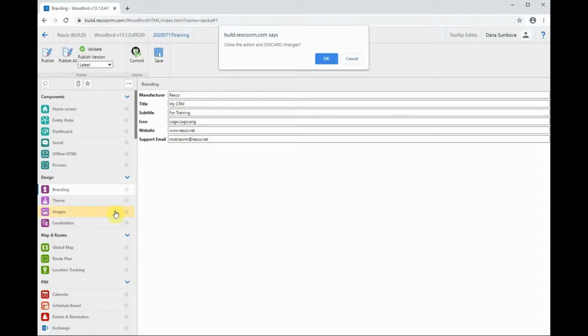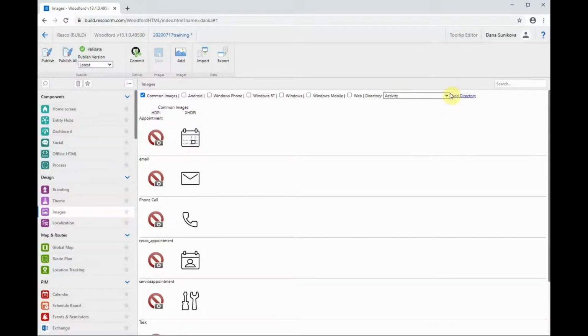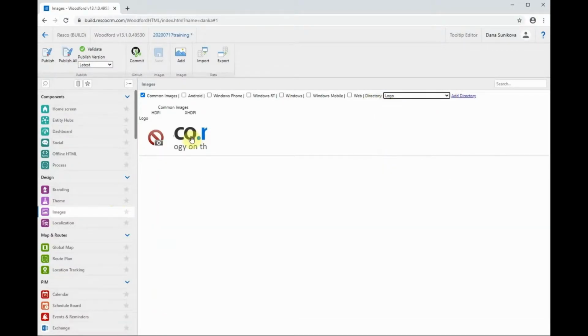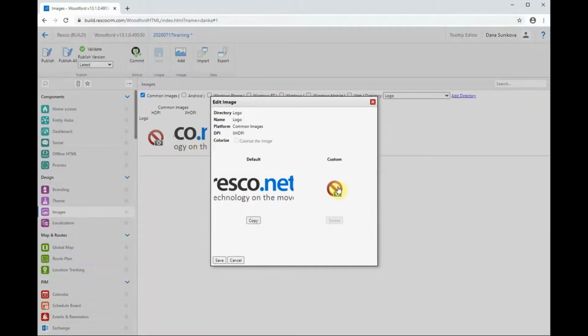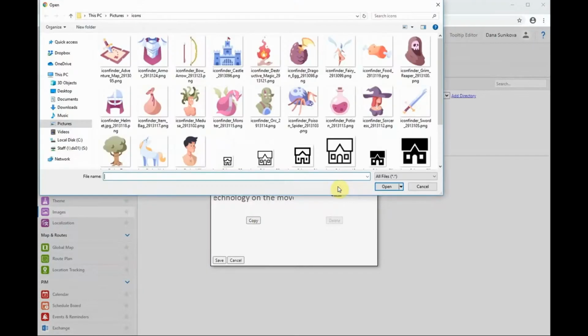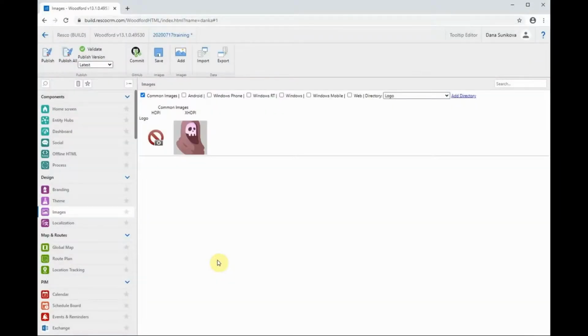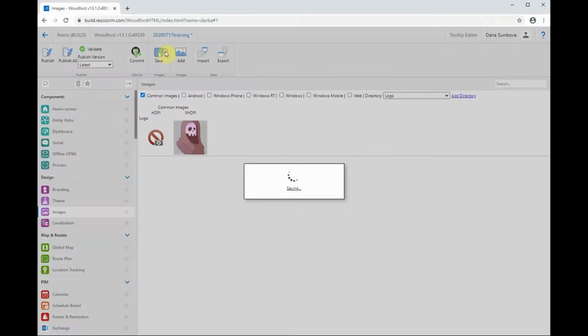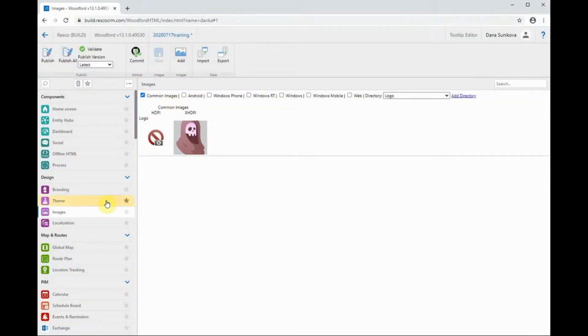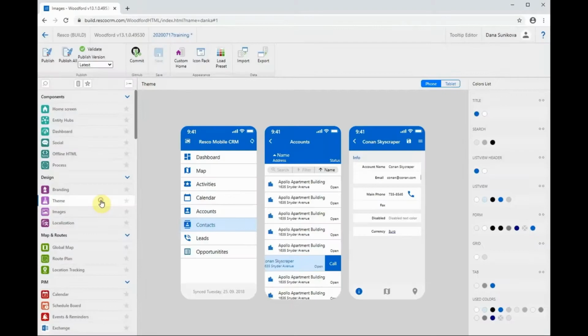And here, yeah, you have to save everything that you do. And now if we go to images, there are these directories. The first logo was for the directory, and the second logo was for the name of the picture. So you can just go here and change the picture here. That's like my logo here. We have to save it,